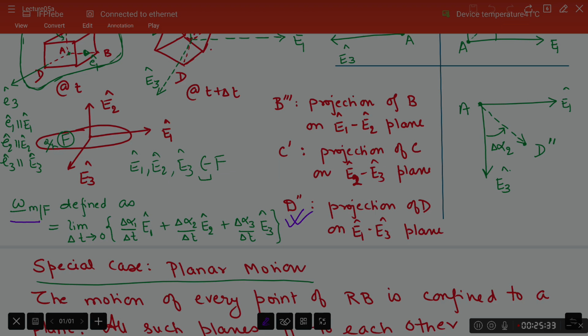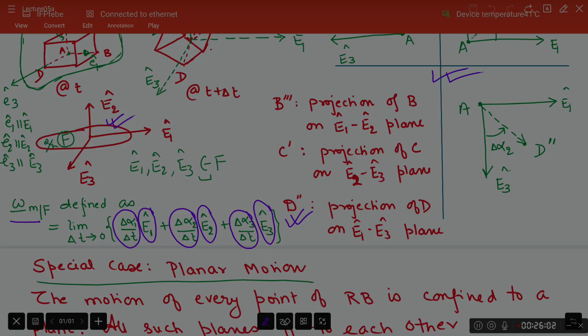So omega MF is a vector, and I am expressing that vector using the 3 unit vectors fixed to frame F. There are 3 components of this vector, and the 3 scalar components are rates of change of the 3 angles that I identified on this part of the slide